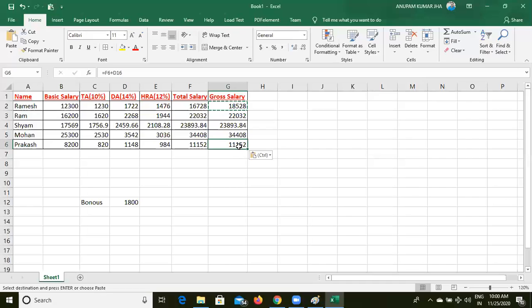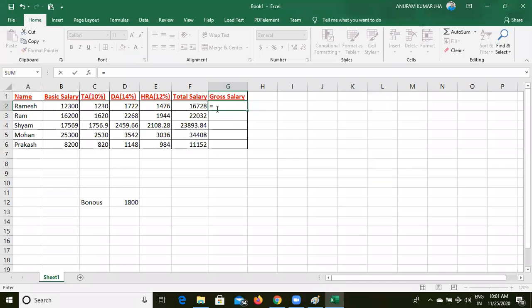So I want to fix this cell address, means make this cell address constant. The cell address should not be updated. So what we have to do is make this cell address constant. For this, what do we have to write here? I am going to delete this one and write again the same. Here I am going to fix this cell address, D12.